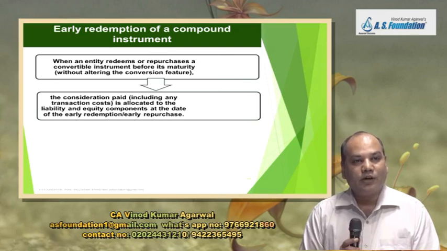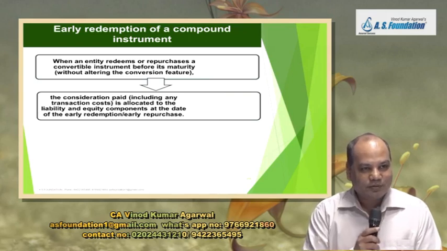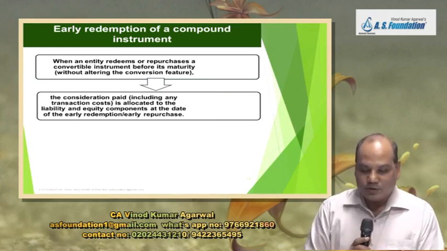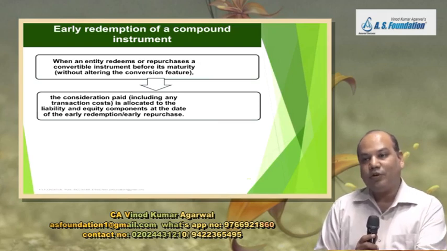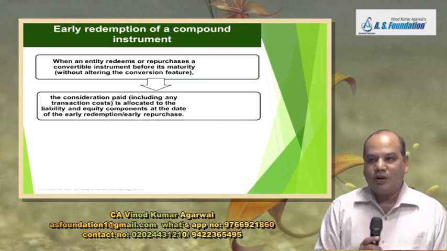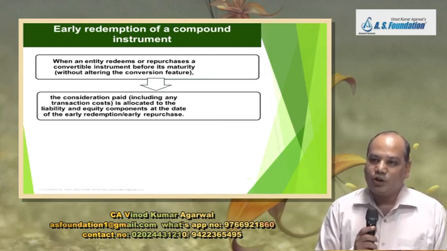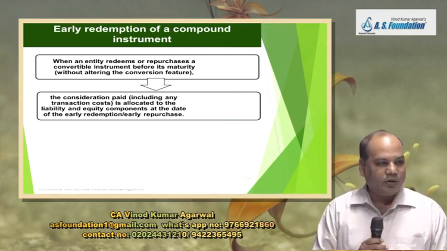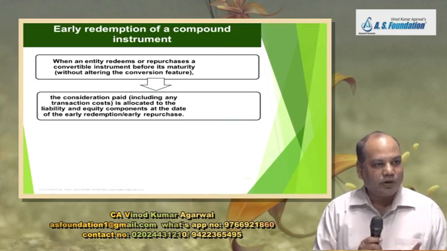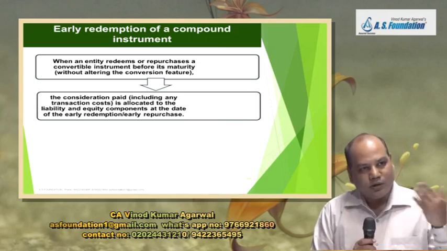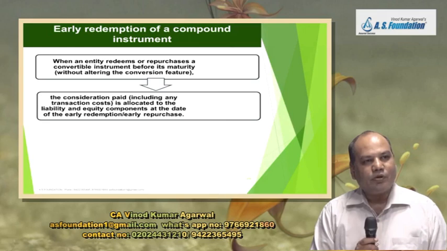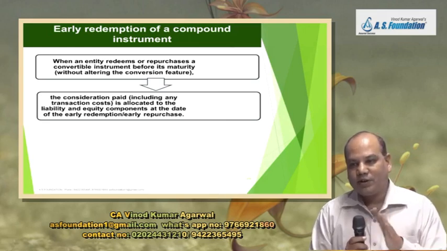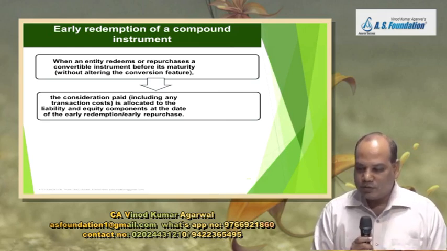If he opts for cash, refer to your homework. Financial liability account debit to bank account. That entry we have passed in many questions. But suppose he opts for conversion, then liability account debit to equity, and then from equity you issue the equity shares. The number of equity shares into face value will be given in the problem, the remaining amount is premium, and if some excess remains, other component of equity.